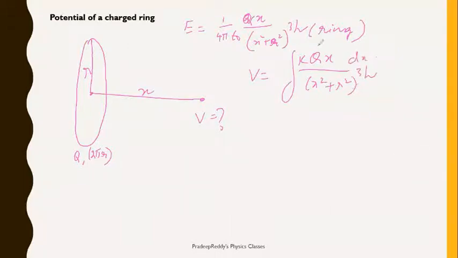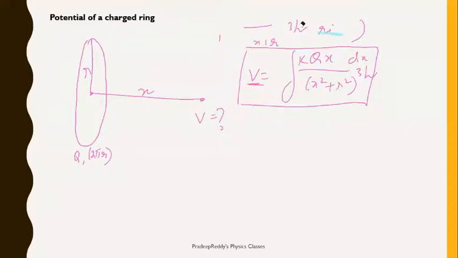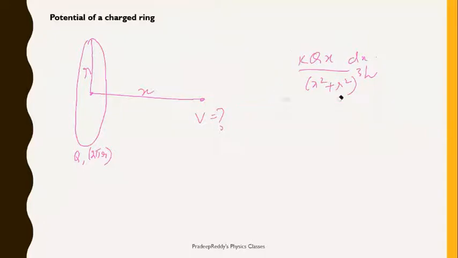So simply you'll integrate this. All terms are constants; you will bring them out, and only x will be left over that you can integrate, so that you will find the electric potential. Evaluate this integration, and you will finally get the electric potential due to this ring. This is the first method. The other method is our regular method of using integration and differentiation techniques, and we can find it that way.